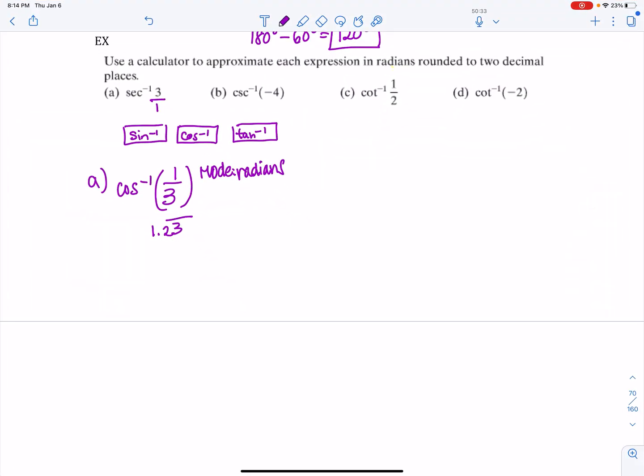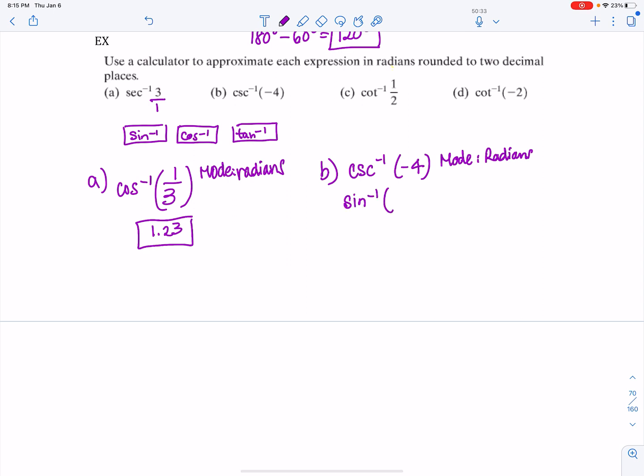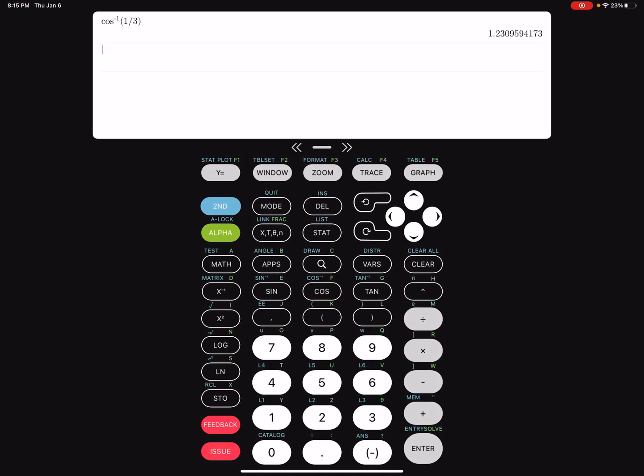Okay, so let's look up the next one. We have cosecant inverse of -4. Once again, I don't have a button on my calculator. So first steps first, make sure your mode is in radians. And then we're going to use the reciprocal function. So the reciprocal function of cosecant is sine. So I'm actually looking for inverse sine of -1/4. So let's do that. Inverse sine